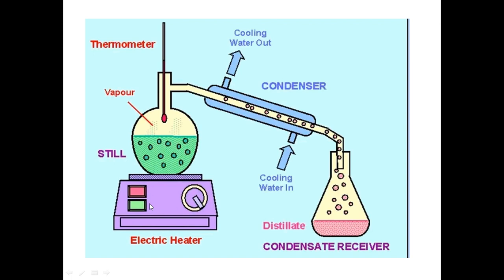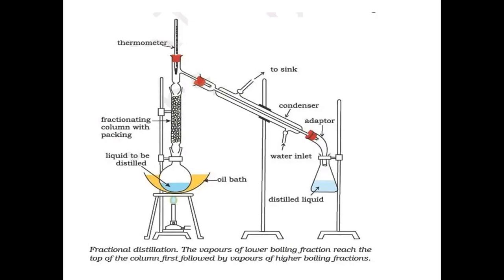Let's see how fractional distillation differs in this. In terms of function, fractional distillation is used to separate mixtures. Importantly, two miscible liquids that are very close in boiling point. Let's say you have a mixture of ethanol and water, and you want to separate this mixture, a mixture of alcohol and water. Because they are miscible and they do not have a wide boiling point range,